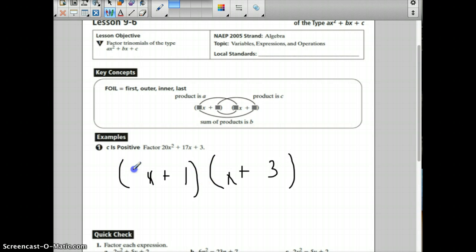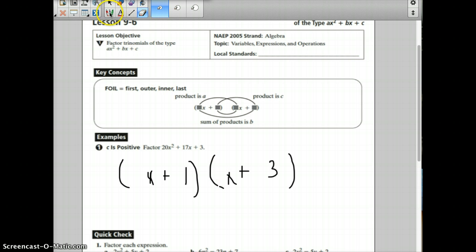Now imagine if I put a 5 here, remember, it's going to have to be multiplied by 3, and if I put a 4 here, it's going to be multiplied by the 1. So I get 15x and 14x for a grand total of, yep, you guessed it, too big. But if I flip those